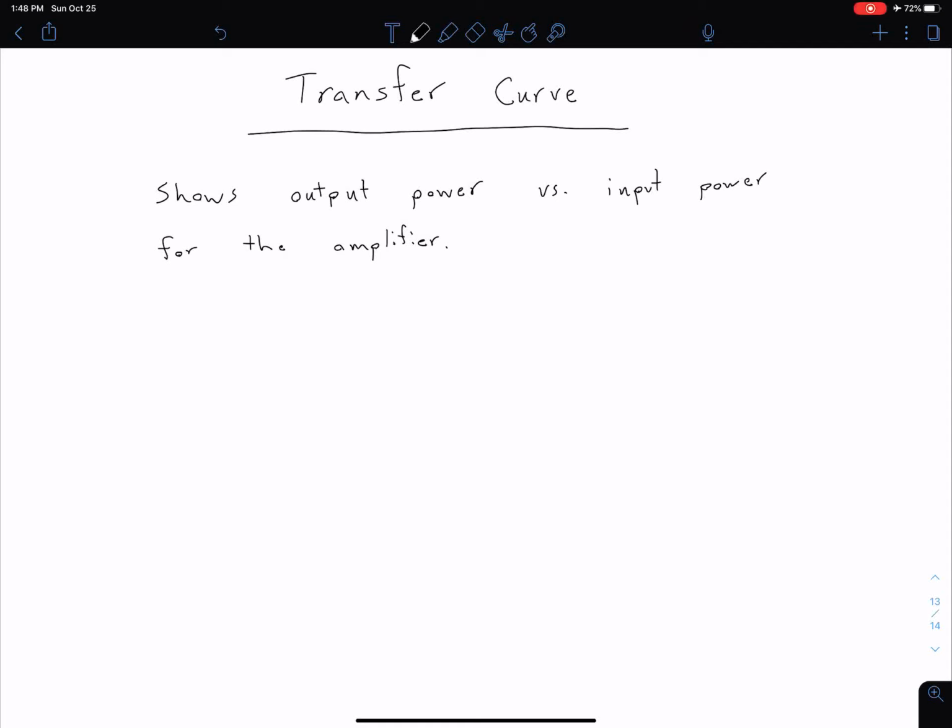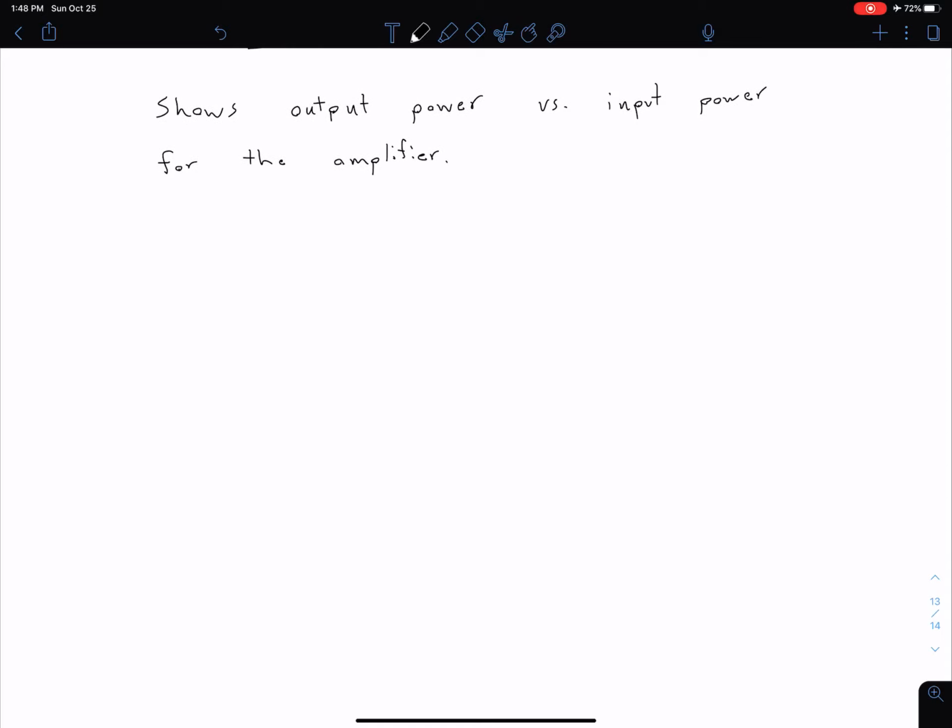A transfer curve can be a useful tool when determining what amplifier is appropriate for a given application. So what our transfer curve shows us is the output power versus the input power for a given amplifier. So let's go ahead and set up a basic plot here, and then we'll describe some items on this plot as we add them in. So we're plotting our output power